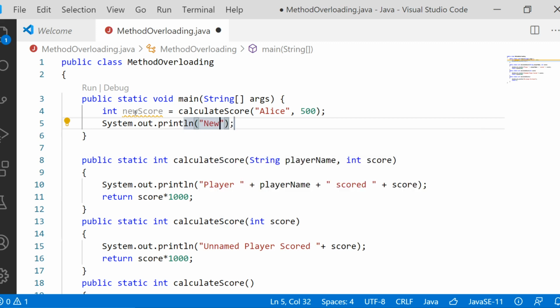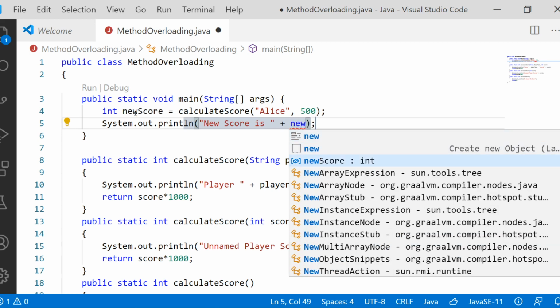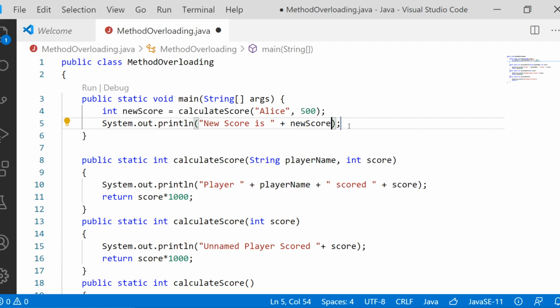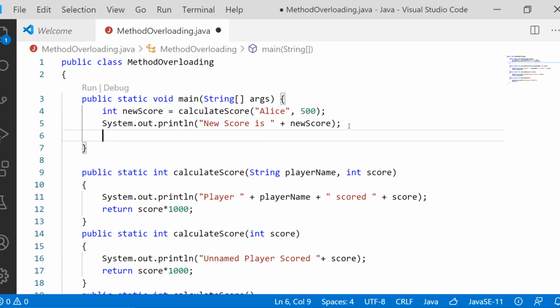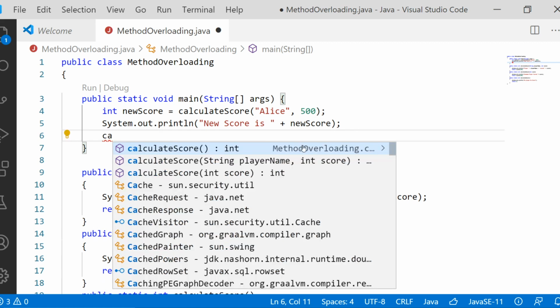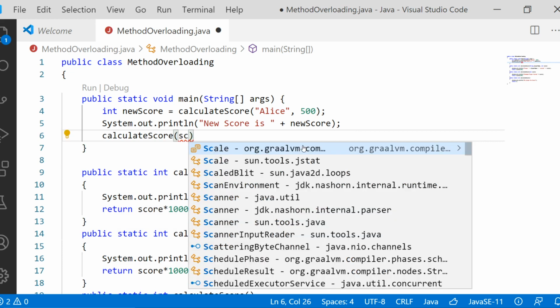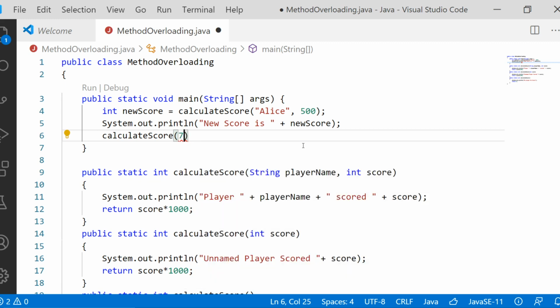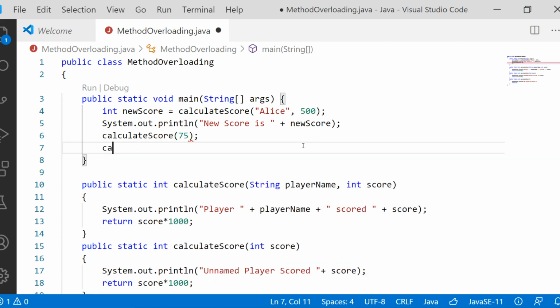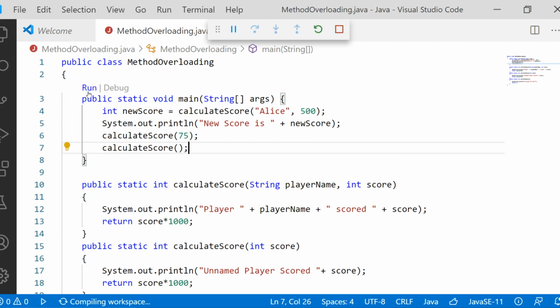So the new score is available in the variable new score. So this is what we are going to print. Similarly, we can call the next function. We are not going to receive it and we are not going to print it. Let us check simply by calling the calculate score function and just passing a score, for example 75, and then we will call the one more function without any argument also, right? Now we will execute this and check whether this is working properly.